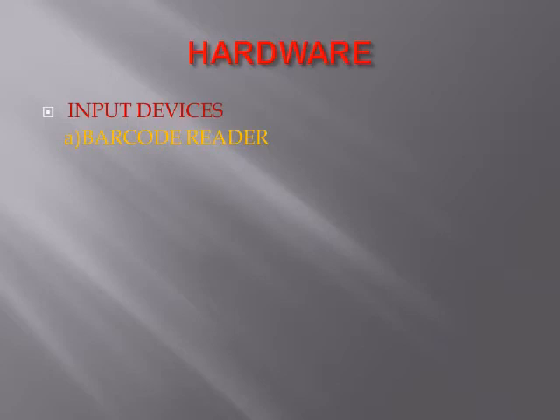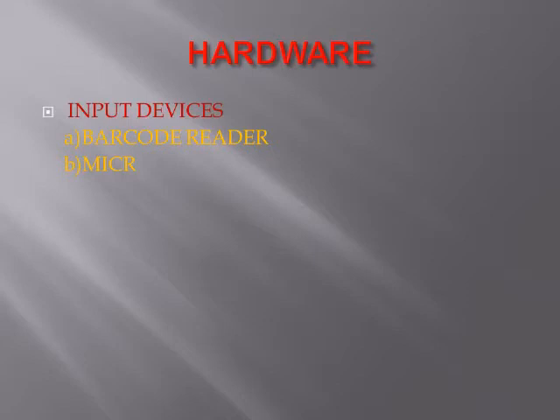Second one is the MICR. MICR stands for magnetic ink character reader. It will scan the check. Scanning the checkbook is done by the magnetic ink character reader. A check usually has the check number, bank code and branch code printed in magnetic ink. This information is scanned by the magnetic ink character reader and the checks are sorted city wise or branch wise.